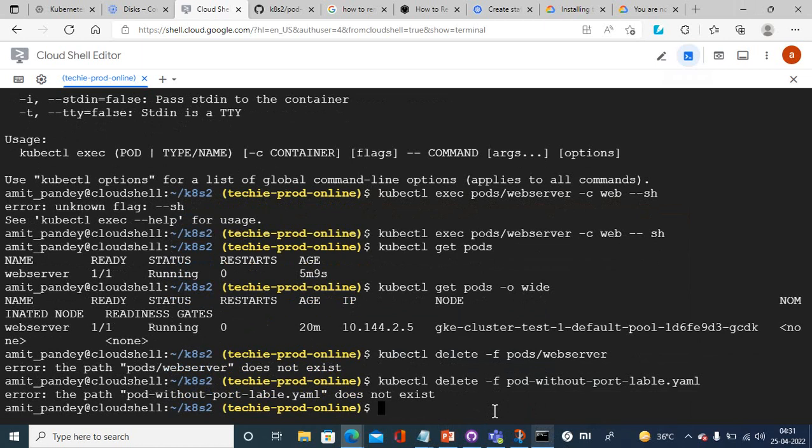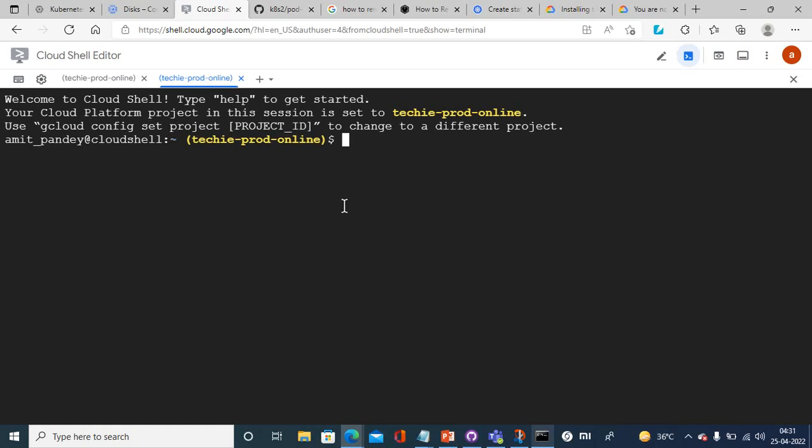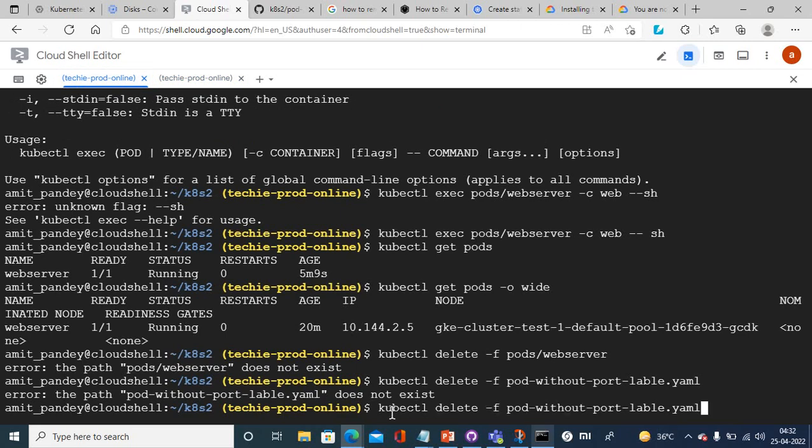So I can run it: kubectl delete pod web-server. Now the pod is deleted, and from here if you use get pod -o wide